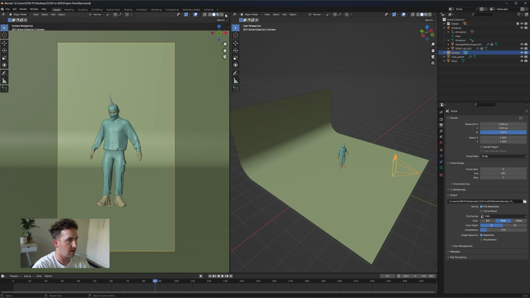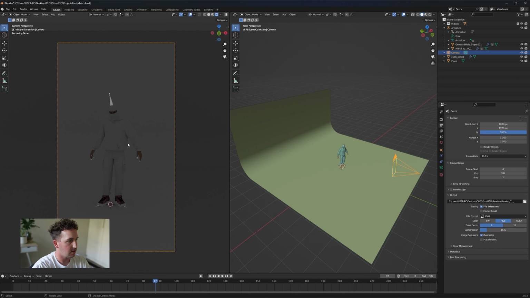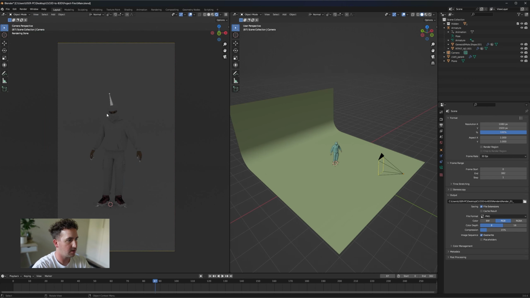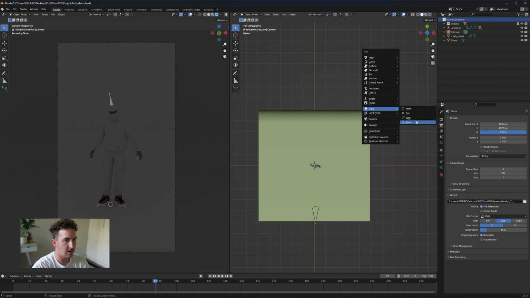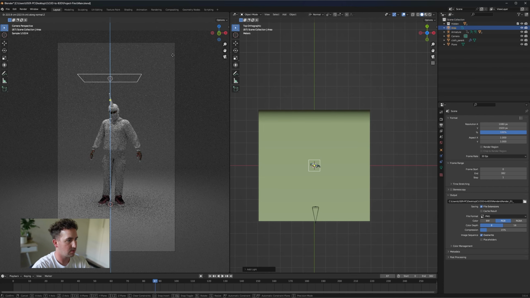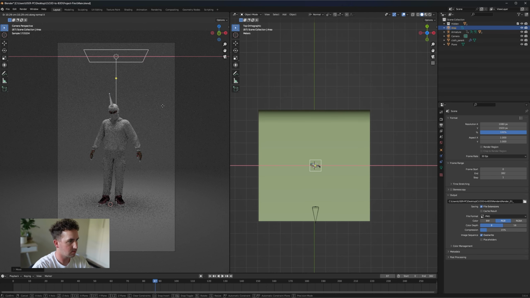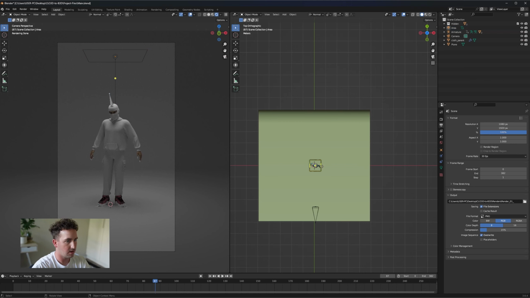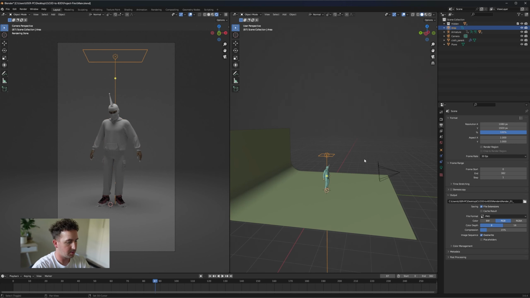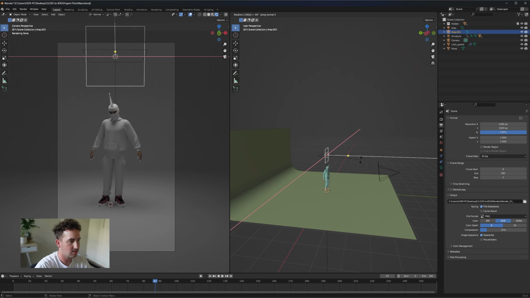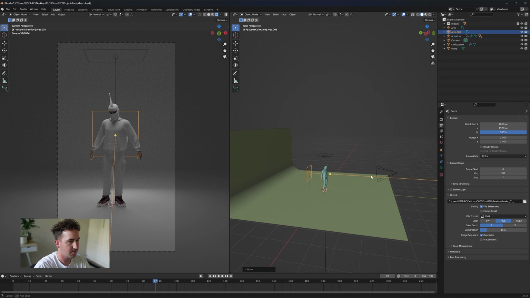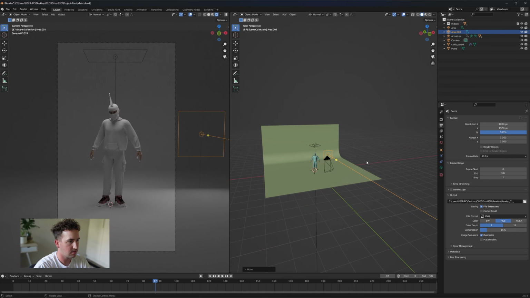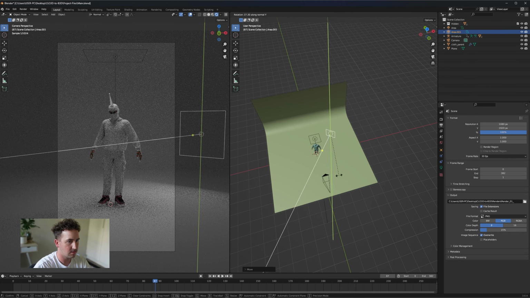Let's go back to the camera and hit preview materials, and that's what we're looking at right now. So from here we are going to create some lights. So let's go to the top view, Shift A, and let's add a light. We can add an area light and just bring it up like so. Let's move it around, and then we can create another light by pressing Shift D and then R followed by -90 and X, and then let's bring it back behind our avatar and slightly to the right, and then let's rotate it on the Y axis